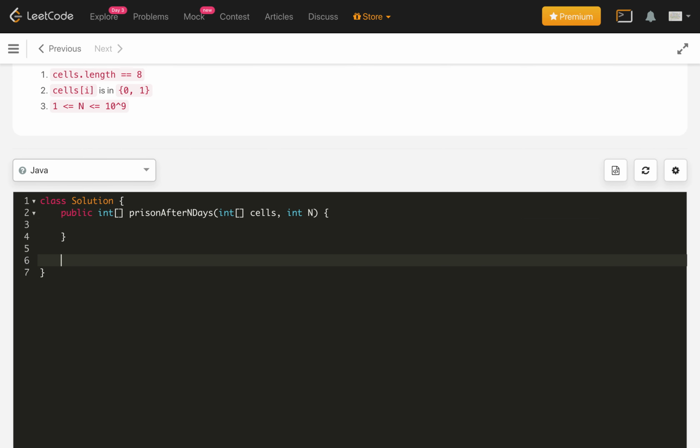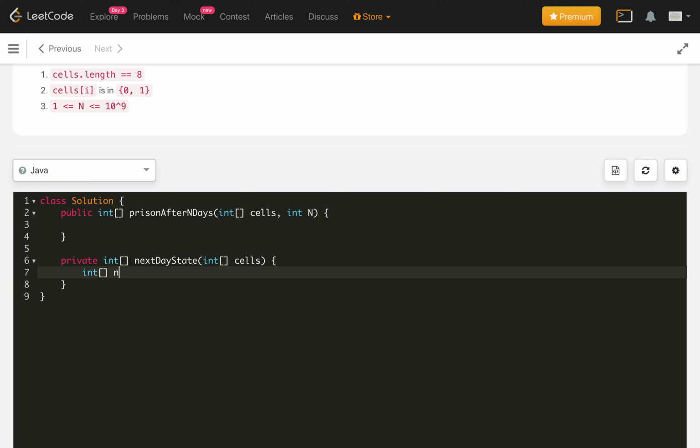First we will write the helper method, which is private and will return an int array, next. This is the next day state, and it will get the initial cells. Here we will generate a new next array with a length of 8, the cells length.